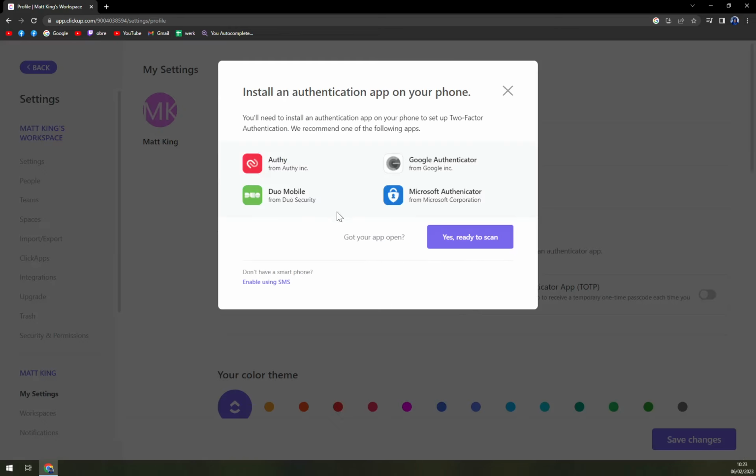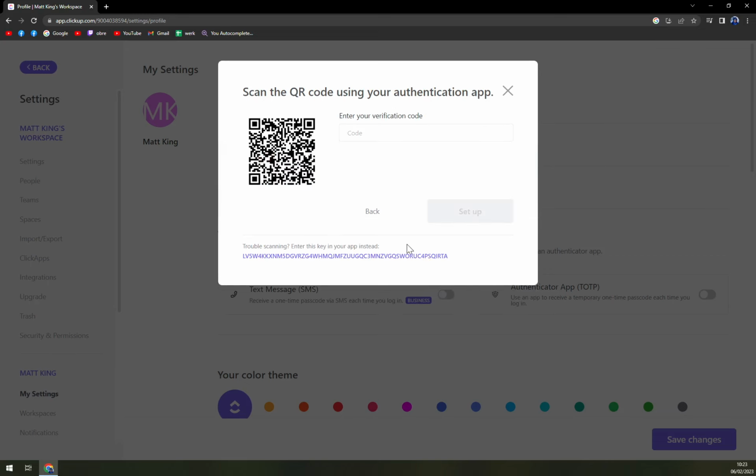You can pick from 4 options. Personally, I'm using Google Authenticator, and once you click, all you have to do is scan this QR code. In Authenticator, you will just scan it just like that,